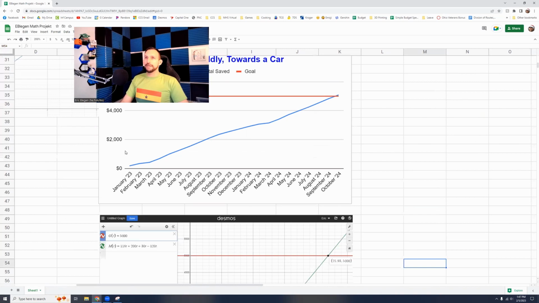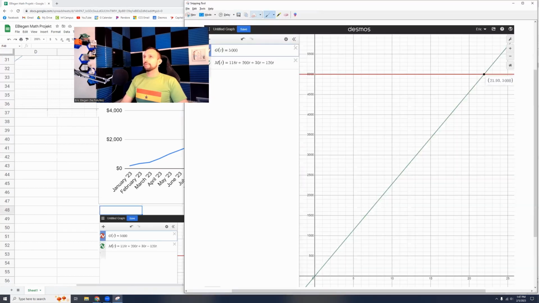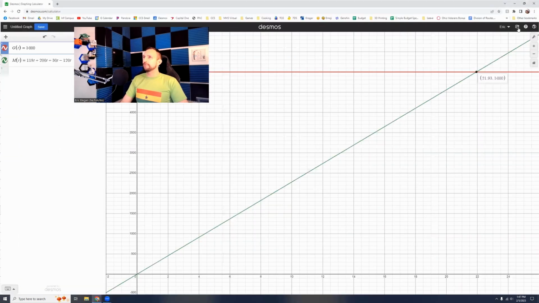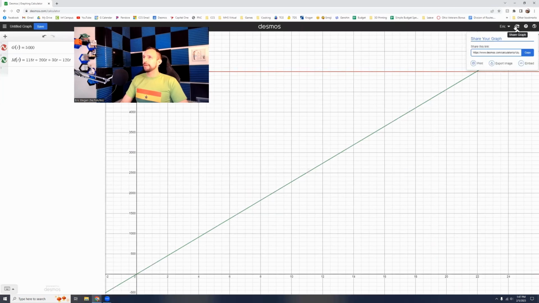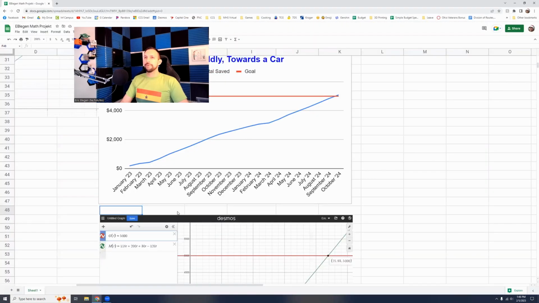All right, and I need a link to my sheet. So let's go back over to my graph. I need to share that link with Mr. B. So up in the upper right-hand corner, you'll find the share graph. I'm going to copy that link. Come back over to my project, and